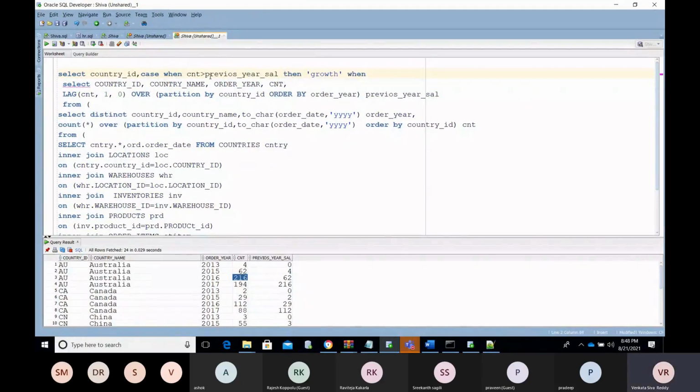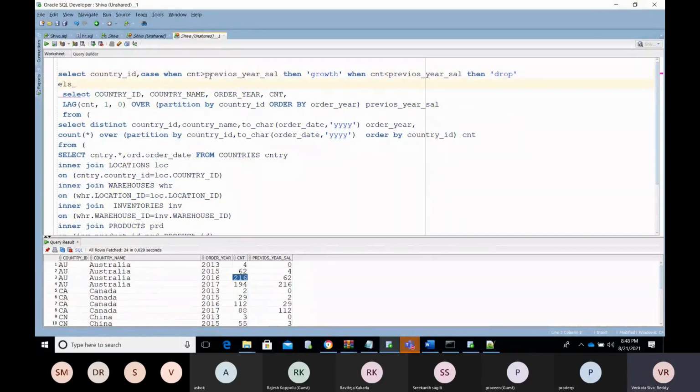When CNT, there may be an equal also, something like equal. When less than previous year, then drop. Else I can go with the same.